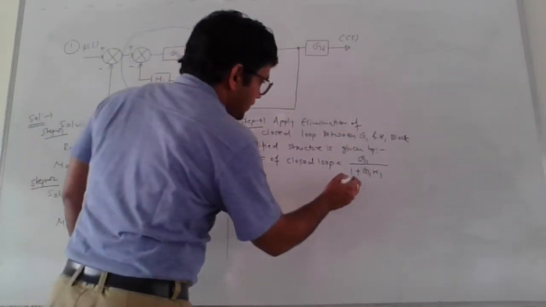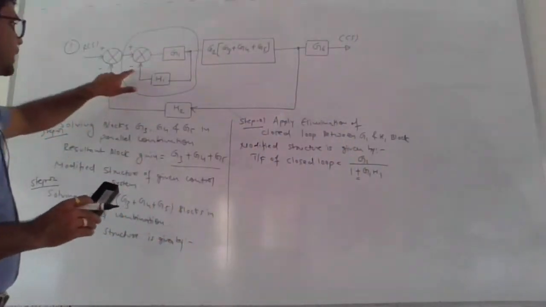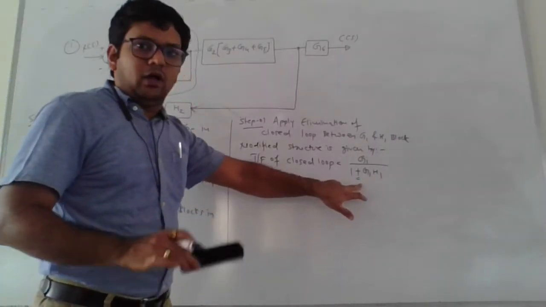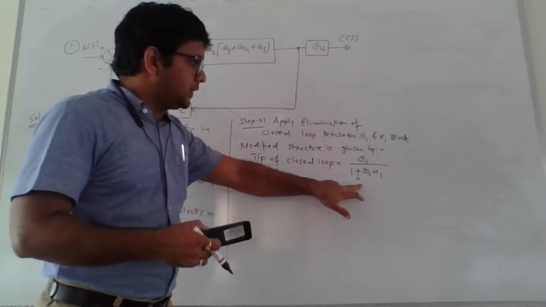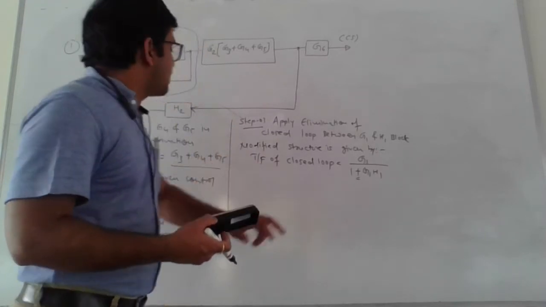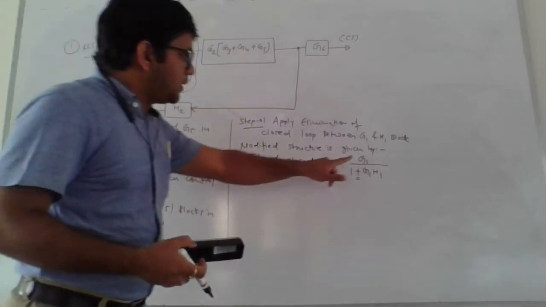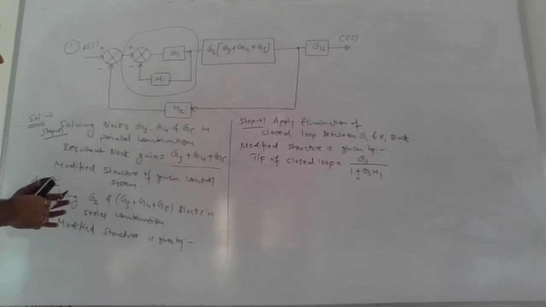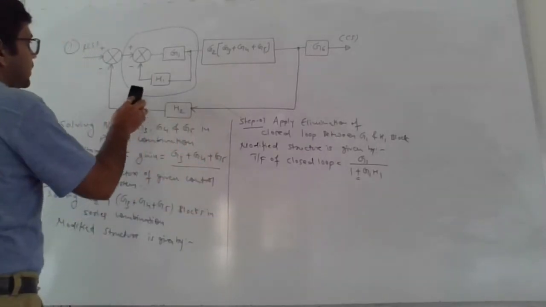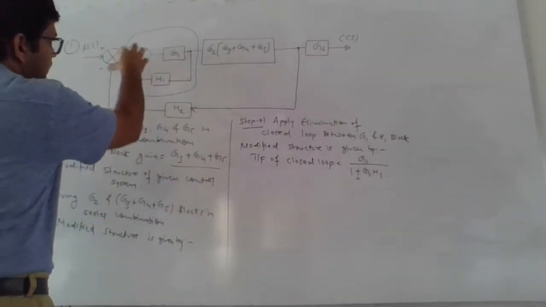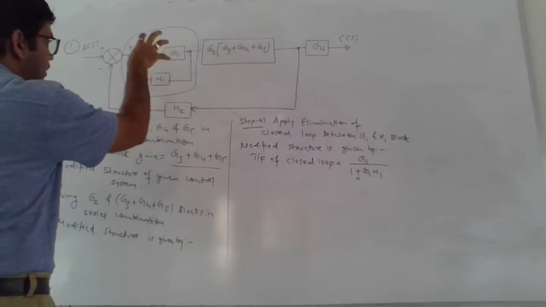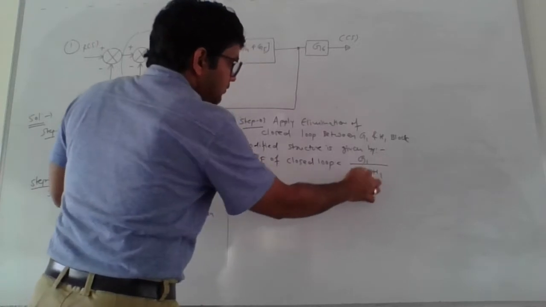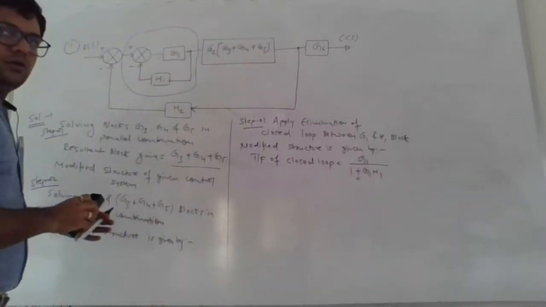So why I have written here plus? Because if you see the nature of feedback signal in closed loop, it is nothing but minus. That's why we need to take here as plus sign. Already we have derived that expression, or you can say derivation for this expression. In the same way, G1 indicate your forward path gain and H1 indicate your feedback path gain. Now what we need to do? The modified structure is nothing but like this, in which we need to remove this entire closed loop and we need to replace this closed loop by a single block gain whose value is exactly equal to G1 whole divided by 1 plus G1 into H1.